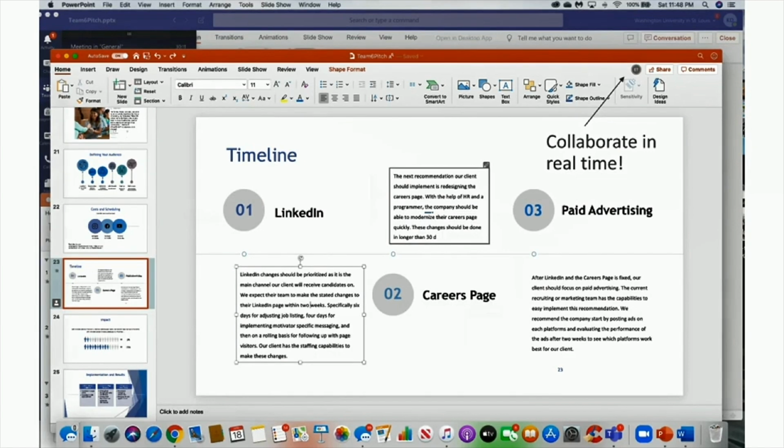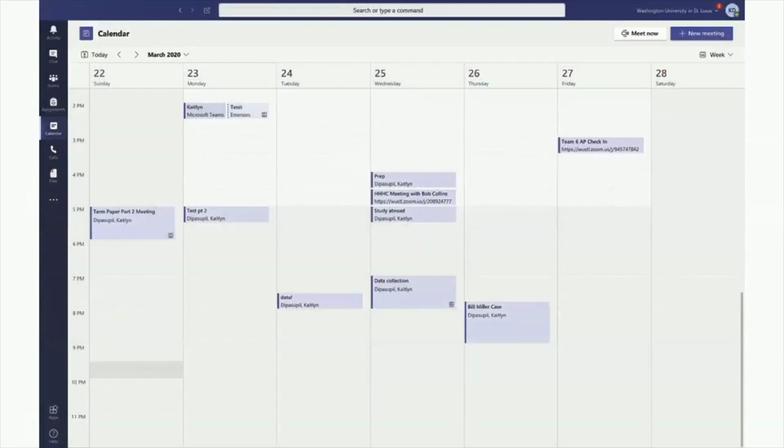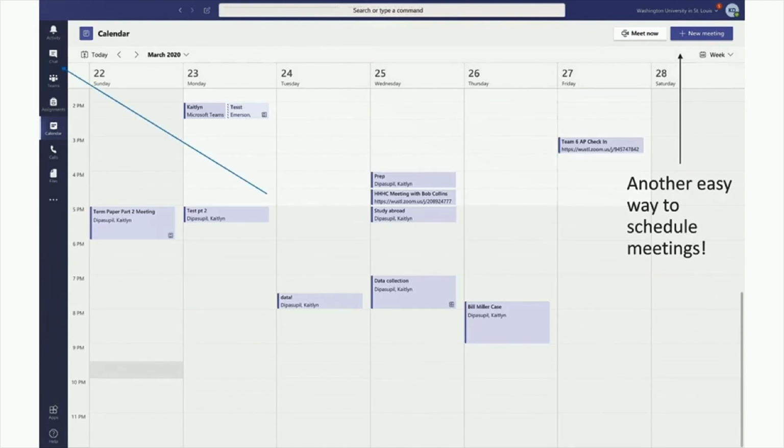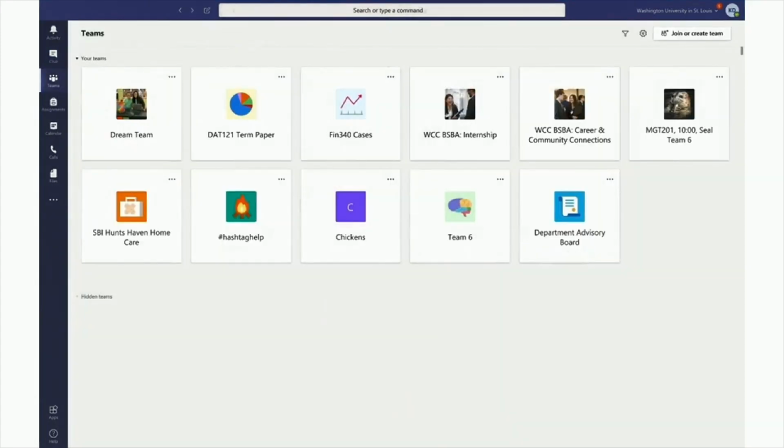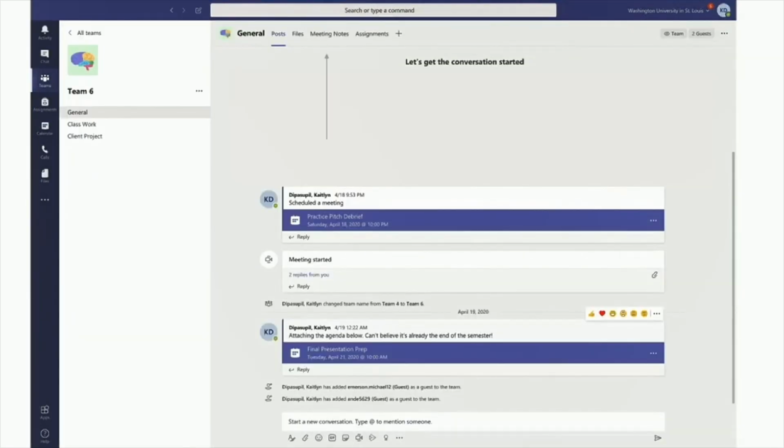So this is the calendar tab, and it's really great because it's easy to schedule meetings, but I'm able to see kind of what I have to do for the day, and it's easy to share meetings with group members from here. Now heading back, it's super simple for me to just shoot a message to my teammates if I have a question about anything, and Teams has a lot of fun features such as GIFs, or even you can see one of my teammates sent me praise. So now we're back in the page, and now we're going to go into meeting notes.